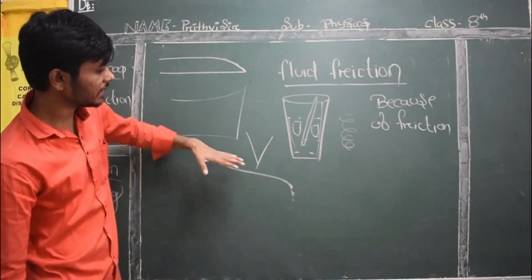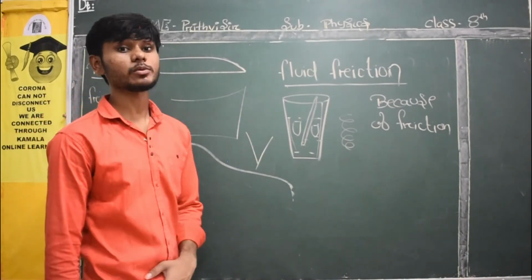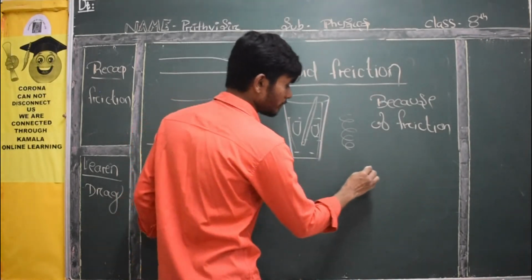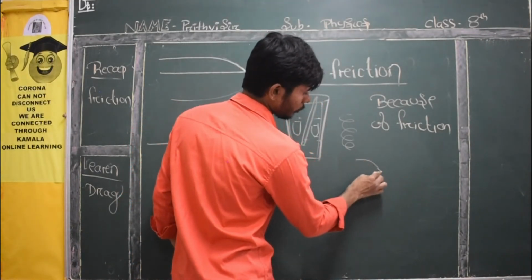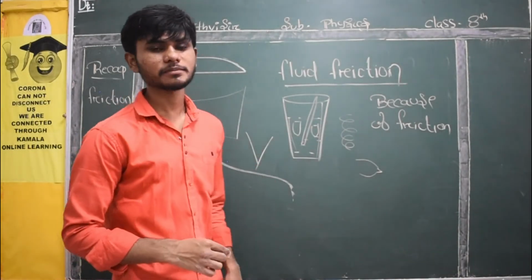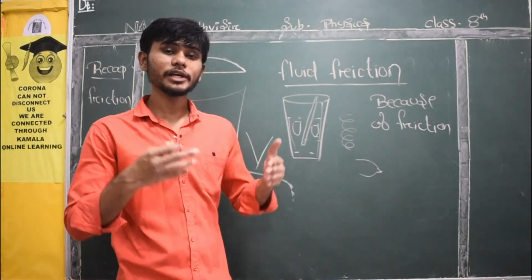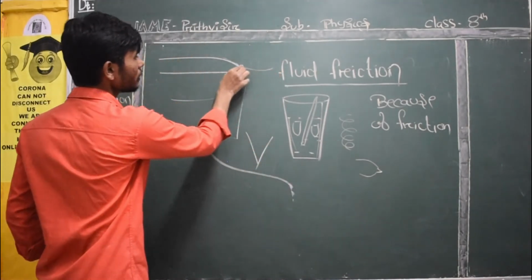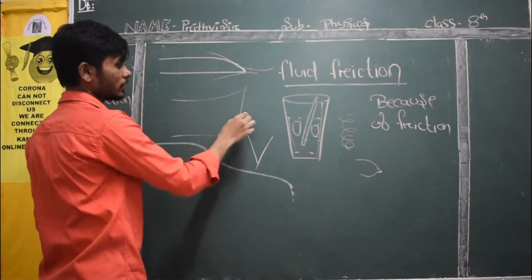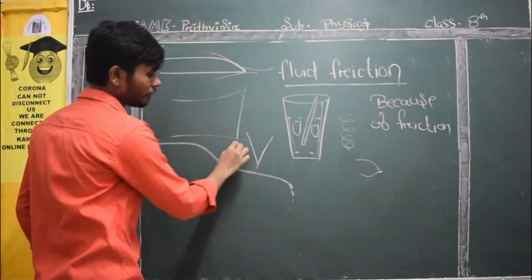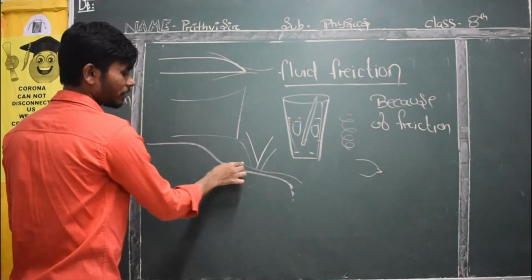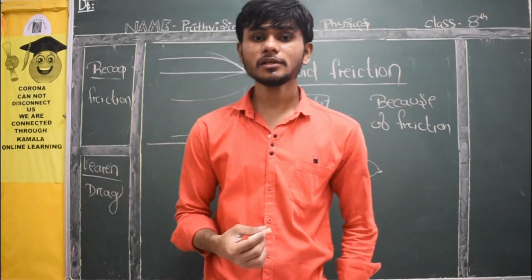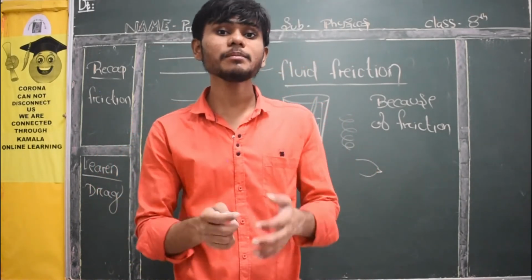Why are they all creating these kinds of aerodynamic shapes? What about birds, students? You might have seen a bird, right? Birds start with a pointing part, then it grows a little bit, and again goes like that. Why does the pointing shape come out? To reduce fluid friction. Whatever the object, if air comes, how will it go? It will split in two. Here also the water will split in two, half this side, half that side. With the car, the air will come and go up. It won't give us a direct amount of resistance. This is the main reason we create a streamlined shape.